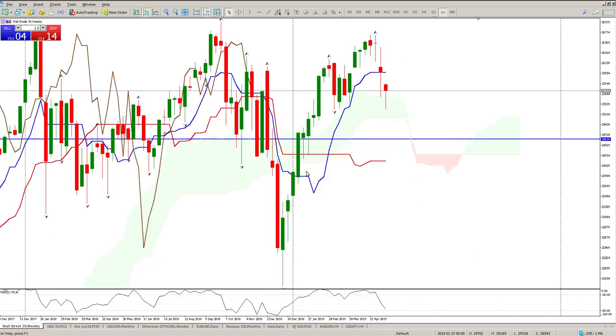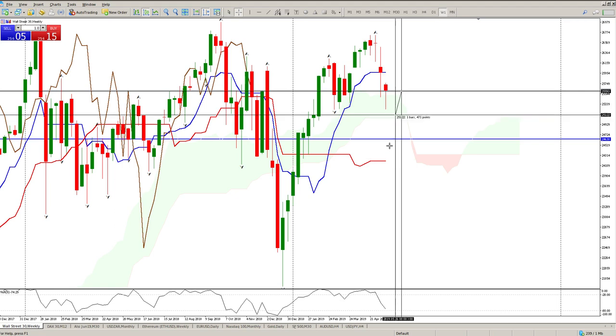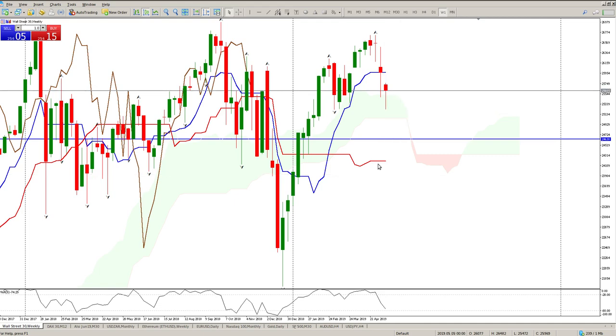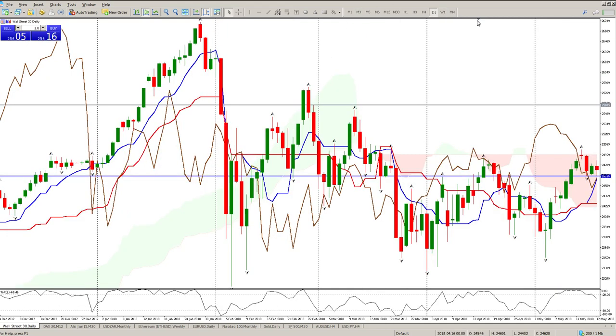So you can see here from a weekly Ichimoku perspective, we broke through the cloud, we're testing, we're bouncing off the cloud again. So from a weekly perspective, the trend is still up. If you're trading this on a weekly level, your stop is down here, 1,660 points away. Okay, if we look at the daily,